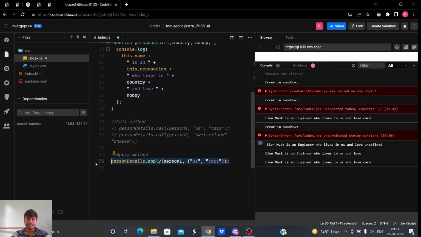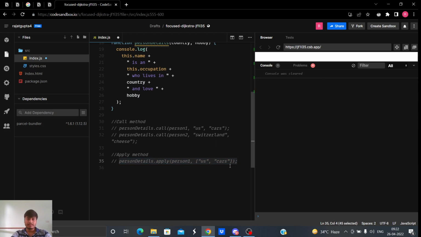Now let's see another method, the third one. What was it? bind. There is some difference, so let's understand how the bind method works. You'll understand the bind method better if I first tell you the difference between call and bind. Just listen to it, and after I code you'll understand it. It's easy, no worries.